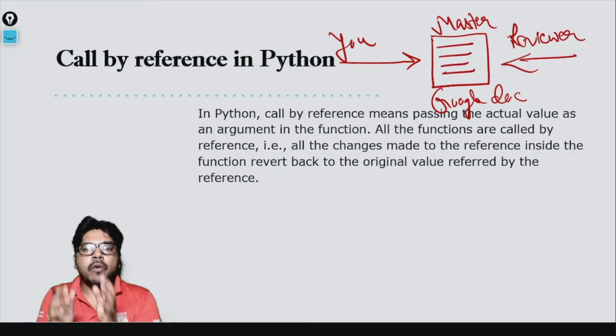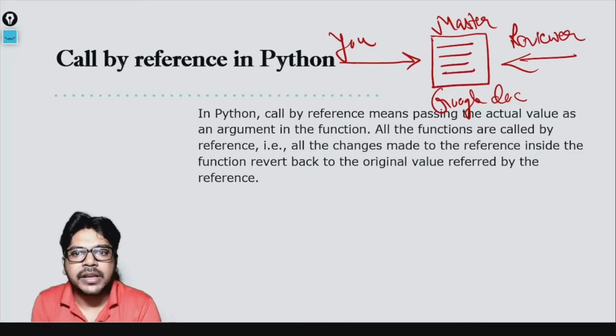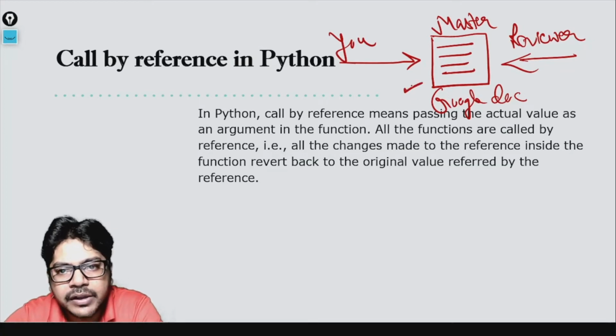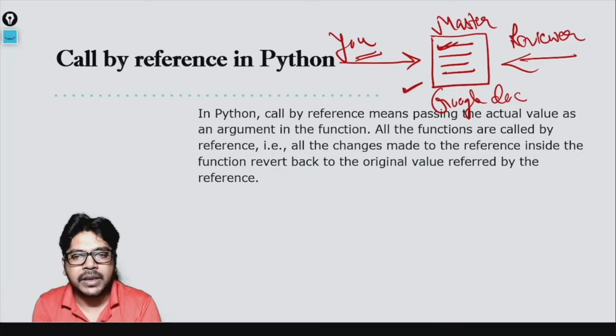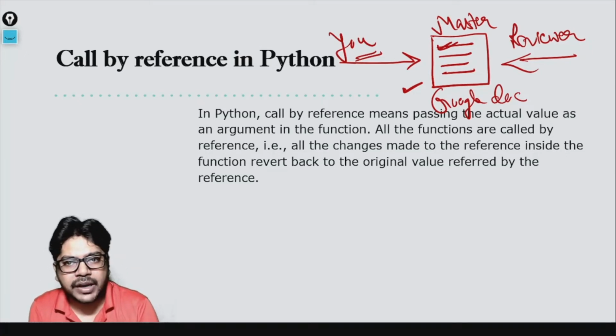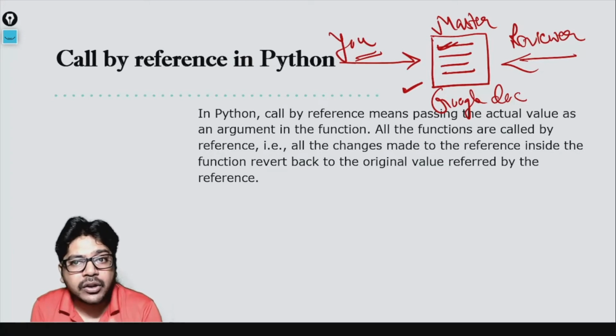Whatever changes your reviewer is making in your document, you have it with you. What you are doing, he also has it with him. Why? Because both of them are working on the same copy. There are no two duplicate copies created. In the last example, two duplicate copies were getting created, but here only one copy is created and shared by both of you.